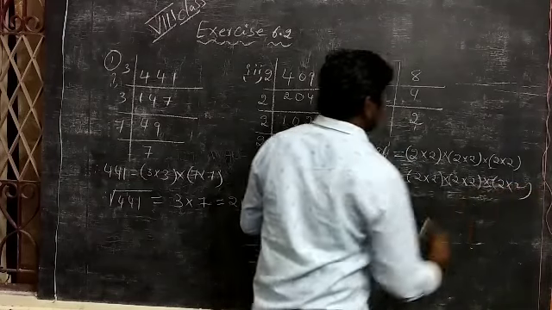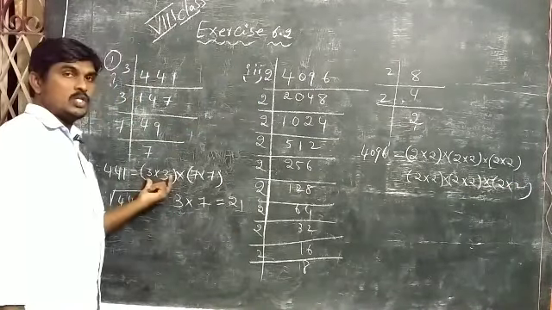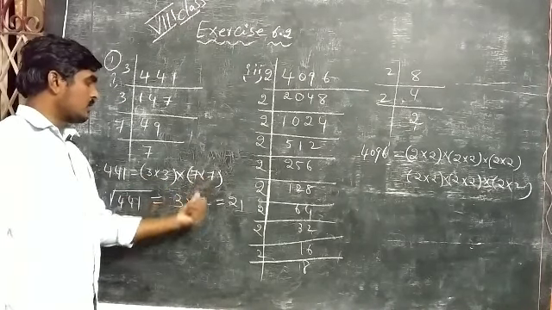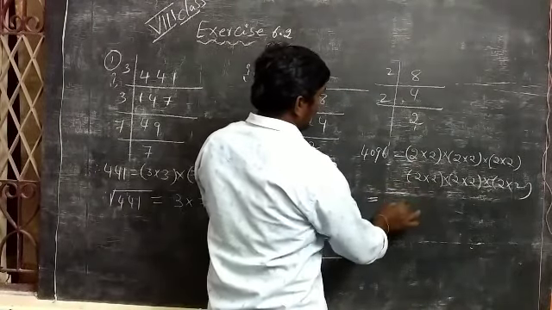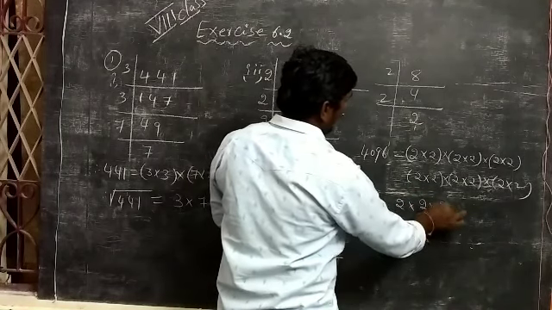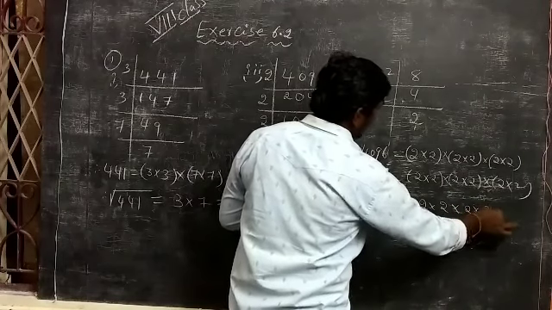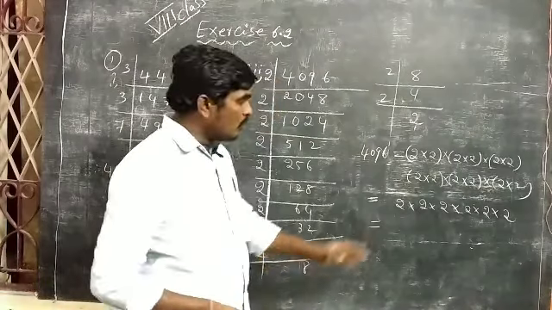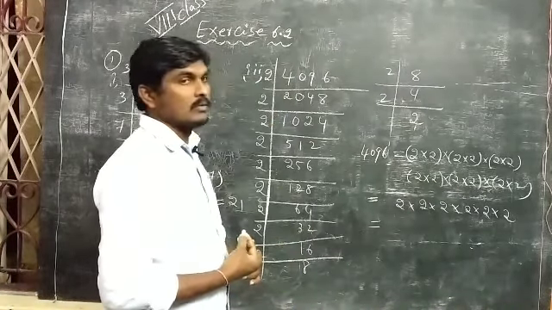6 2s are 12. Already I told what I said, instead of 2 equal factors we have to take one factor only. From here also, like that, the same. From each pair, from each pair of 2s, we take one 2. So now we have to find out their product.